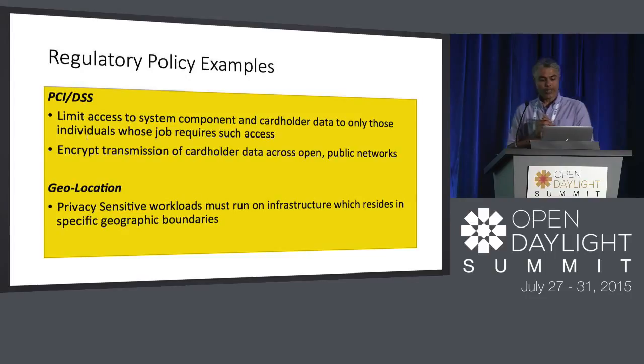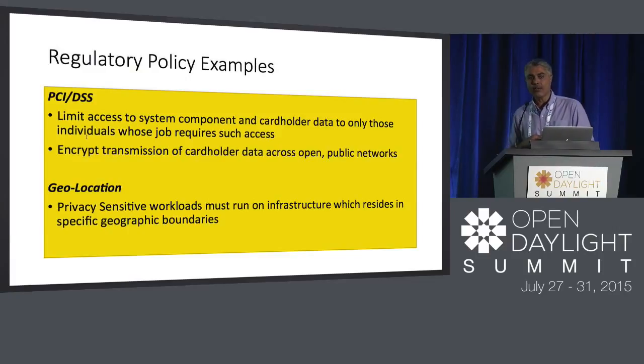And the third type I have here is the regulatory policy. These are the most prescriptive, and they need to be auditable. These are the examples where, for example, the PCI DSS requirement says cardholder data is only exposed to whoever needs to have access. They are generic enough, but very, very specific. And then there are ways to audit them, right? Encrypt all the transmission of cardholder data over any public network. Those are examples, right?